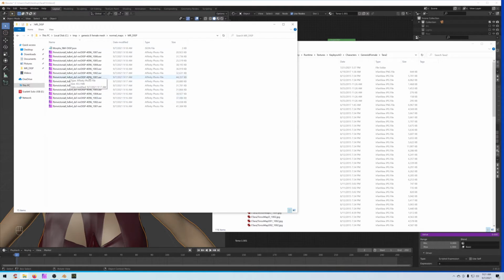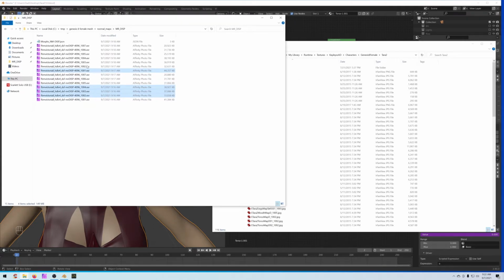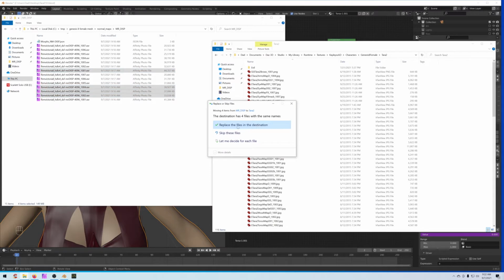And so we want the head morph 1001, body morph 2, 3, and 4. The 5, 6, and 7, these are displacement maps for the mouth and the eyes, which I'm not going to use. So I'm not going to bother copying them over at this time. But we'll copy these over to